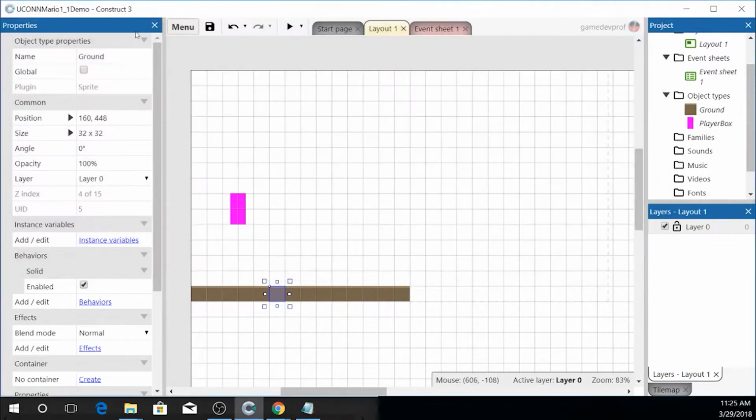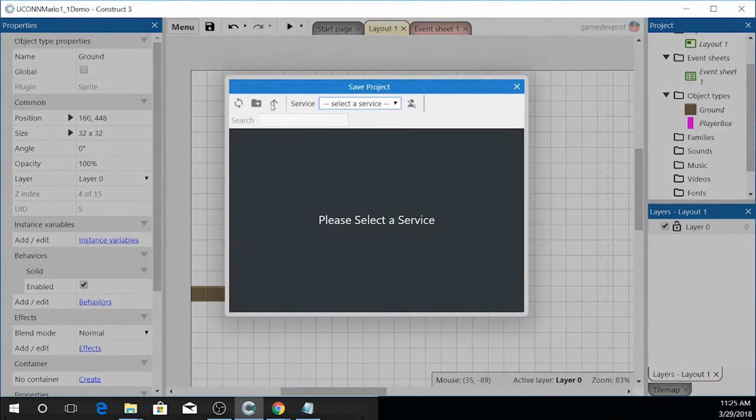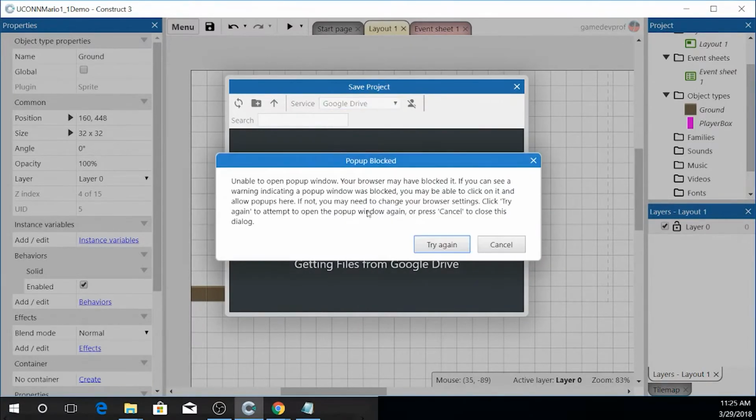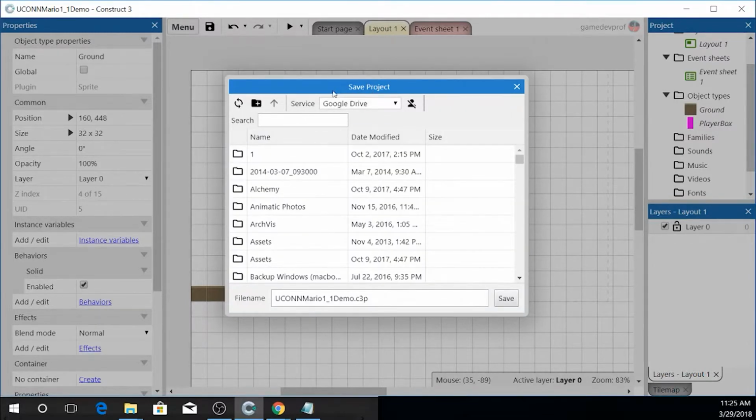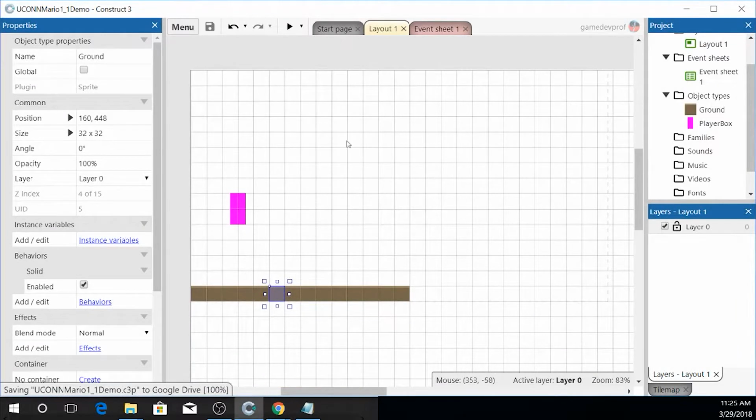Let's remember to save because I haven't yet. We're going to save to Google Drive. And I'm just logging into my Google account. And it's thinking about it. And save it is. All right, great, awesome. So now I'm saving up to my Google account, making sure that everything is nice and safe. All right, so now that we've done that,